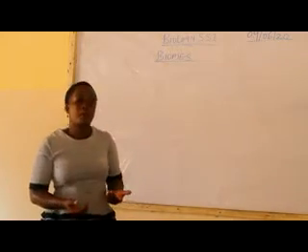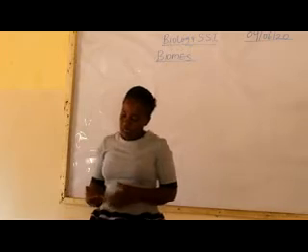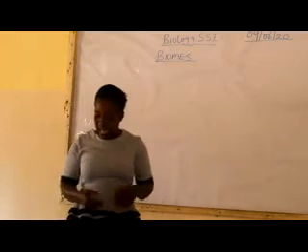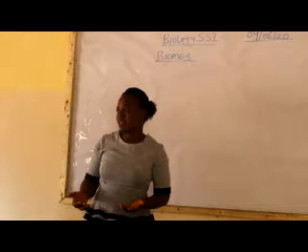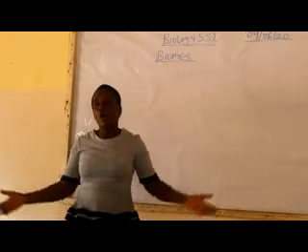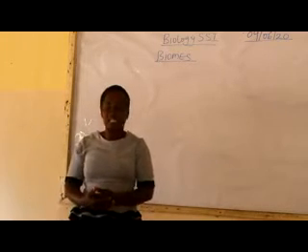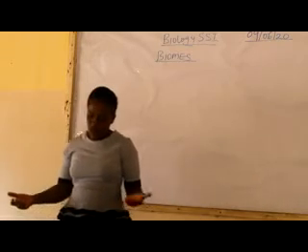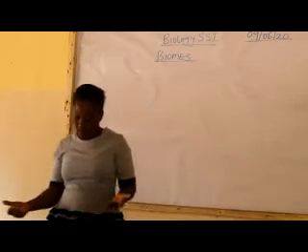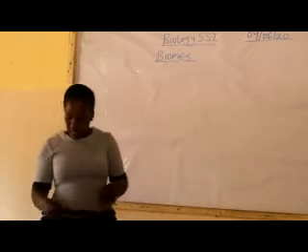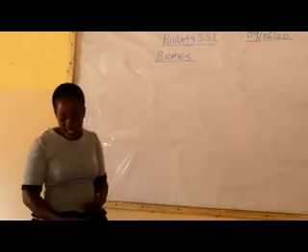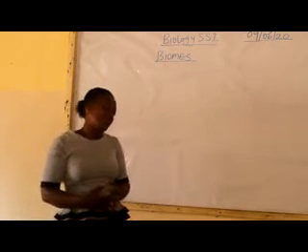We now talk about population, which means all organisms of the same kind living together in the same habitat. A population is all organisms of the same kind living together in a habitat. For example, a mango tree in the school compound. We can also see tilapia fish in a stream. A swarm of bees on a tree are all populations.